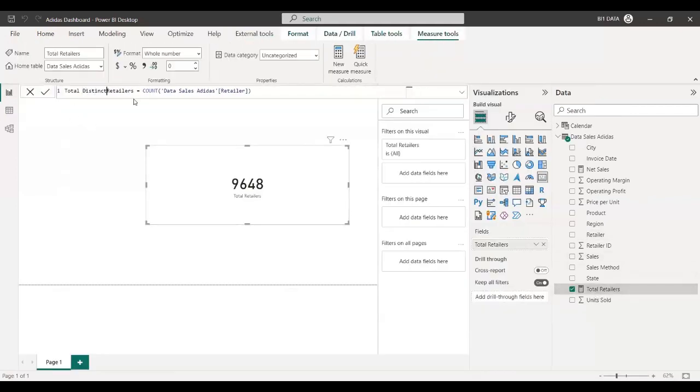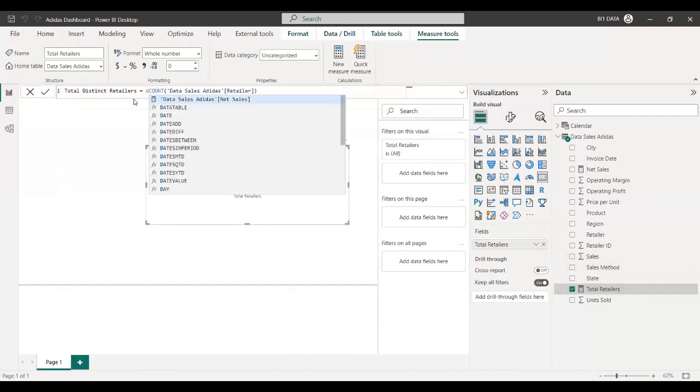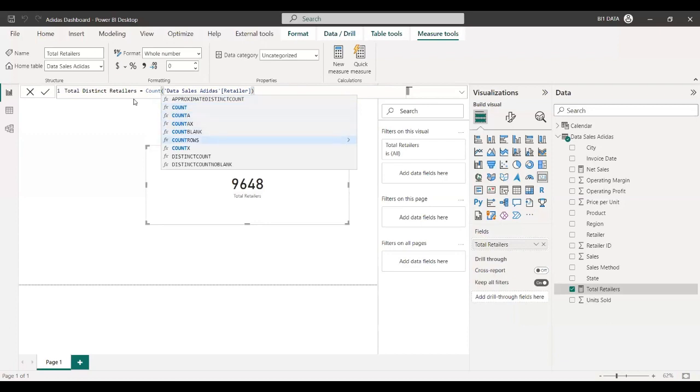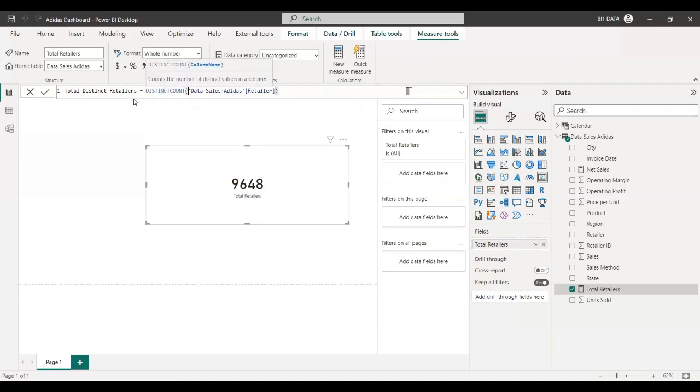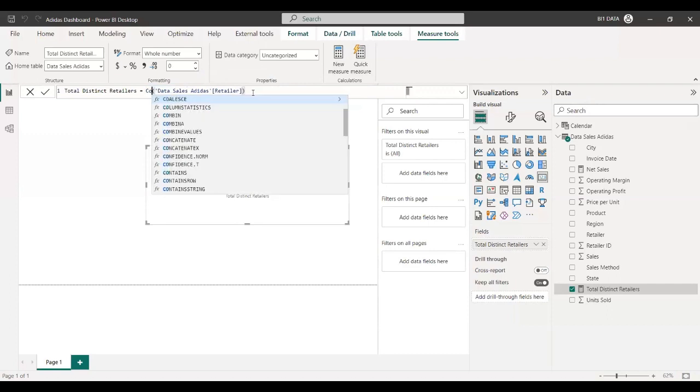Total distinct retailers count, we have discount. The distinct count, once I hit enter, you will see it will be reduced to 6. Right? Understood? Basically here, when I was using count,